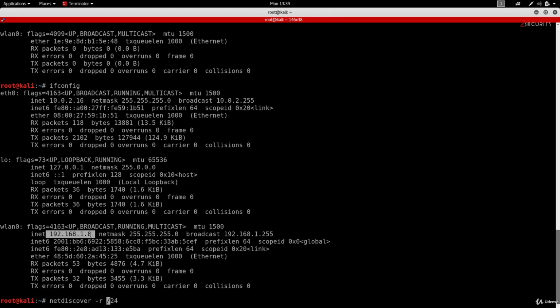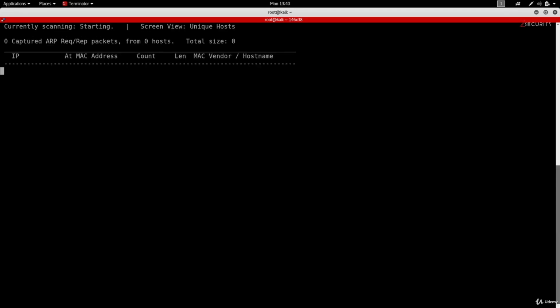So therefore, the range that I'm going to look for is going to start at 192.168.1.1. And I'm going to leave the /24 here because this will tell Netdiscover that I want to start at 192.168.1.1 and finish at 192.168.1.254. So if I hit enter now